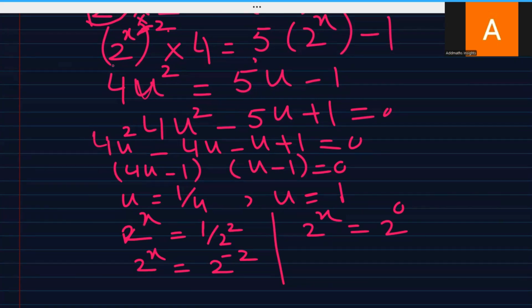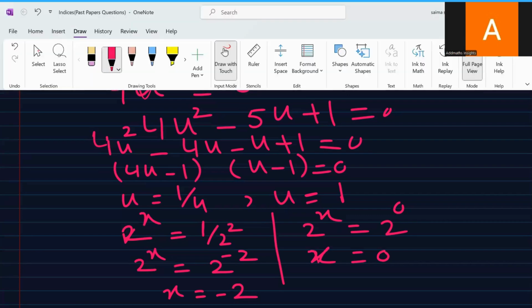Now you can compare. When you compare, you get the value of x is 0, and when you compare this equation, you get x equals minus 2. So using substitution, you can find the value of x. Now we have two values of x, 0 and minus 2. Now the next question is about